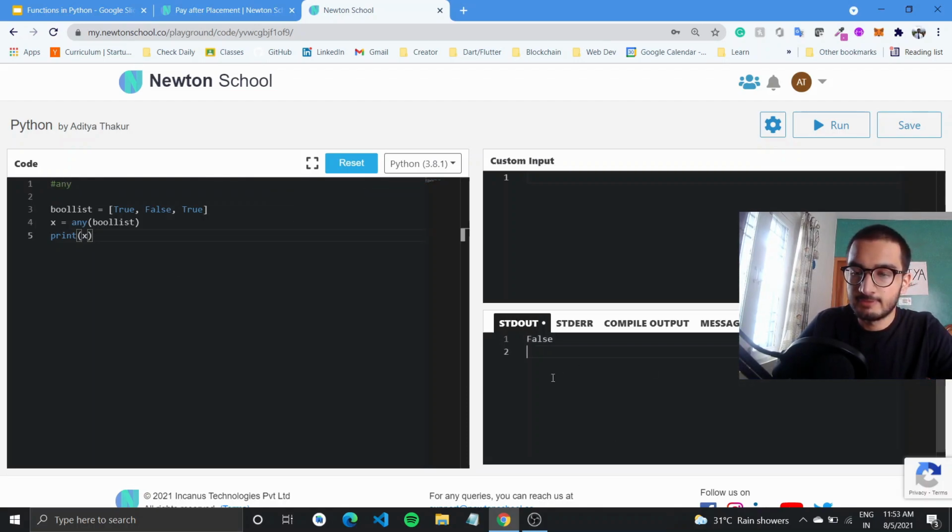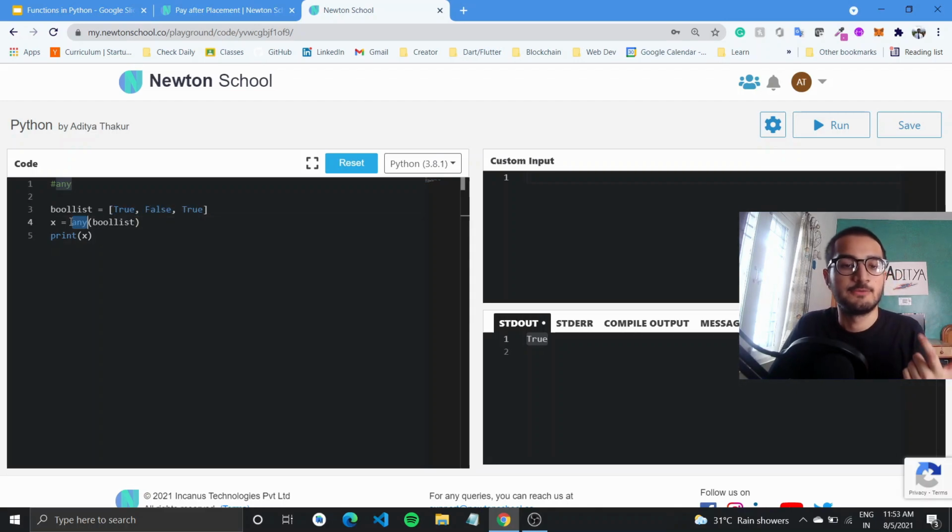And since we had false because one element was false in the list, if I run this program now, it should print out true to console, because any would return true even if one element is true. So for example, let us say the teacher wanted at least one student to have passed the exam, so he can use the any function to check if even one element is true in the list. So there are other functions.